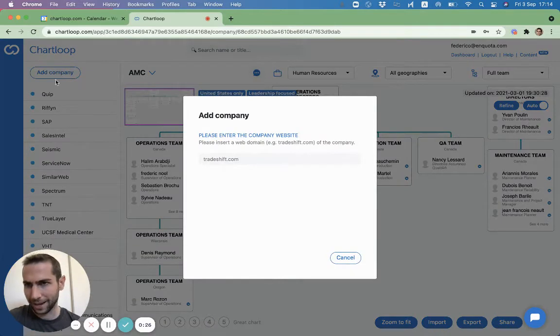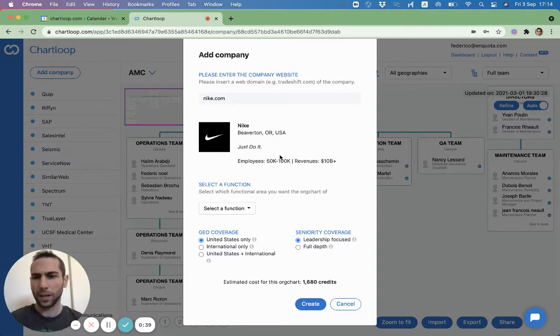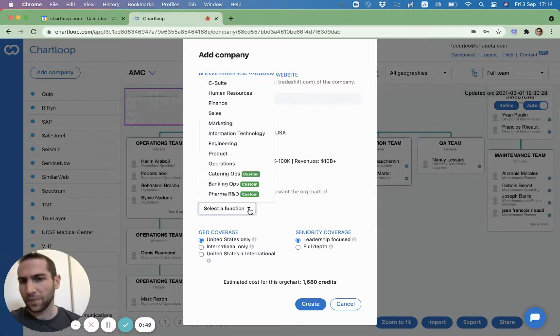So I'm going to press on Add Company here on the top left, and I'm going to put in a company name. So for example, if I wanted to search for Nike.com, put in their name, they pop up. It gives you a little bit of a demographic overview of their size, and then you're served with different functions that you can map out. So Chartloop has a dozen default functions like sales, marketing, engineering, and so on, and you choose one of them,